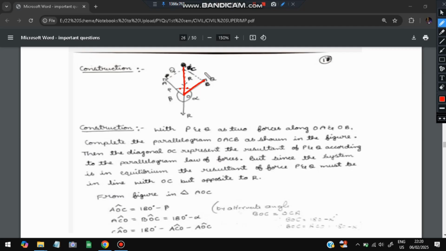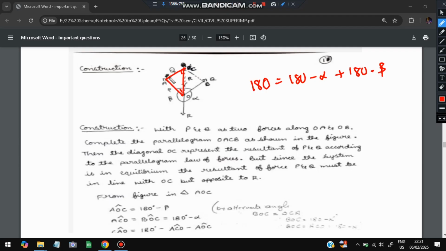Okay, ACO. This angle and this angle will be the same, since opposite interior angles are the same. So this is 180 minus alpha. So we have got two angles here. The first one is 180 minus beta, and this is 180 minus alpha. The summation of the angles in a triangle is equal to 180. So 180 degrees is equal to 180 minus alpha plus 180 minus beta